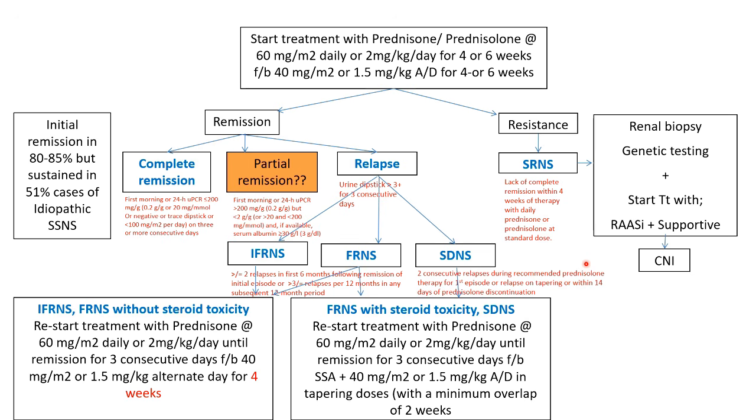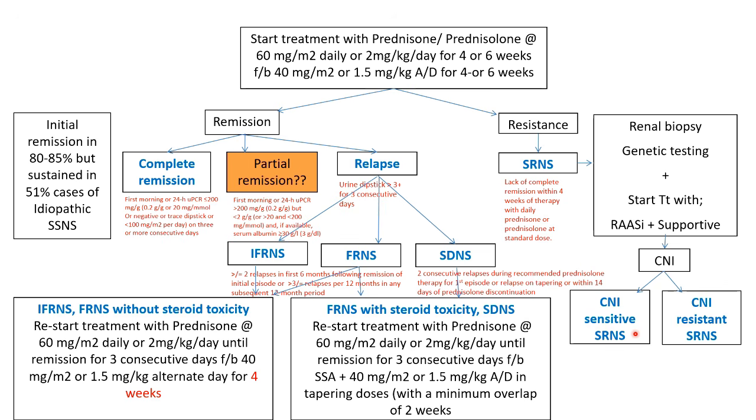Along with this, you should start treatment with calcineurin inhibitors. Now, these have become the norm in managing patients with steroid-resistant nephrotic syndrome, especially in adults. On the basis of response to calcineurin inhibitors, this steroid-resistant nephrotic syndrome can be CNI sensitive SRNS, or it can be CNI resistant SRNS. And if the patient is CNI resistant SRNS, then in that case the only options left for the patient are lifelong dialysis maybe, or renal transplantation.